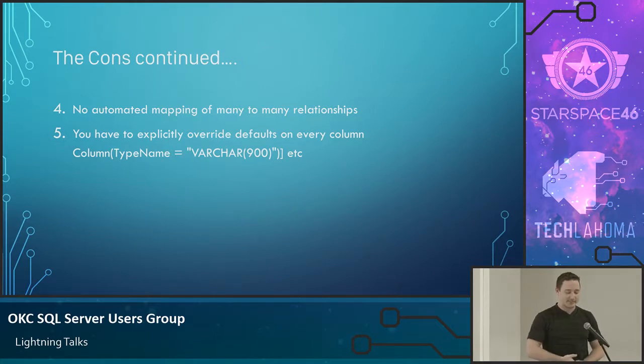You have to explicitly override defaults on every column if you have different defaults. For some of you, it may not be a big deal, but for others that have particular coding rules from your organization where they require certain defaults, this can be a pain. Previously, you could set these after the fact in your getters and setters, whatever it may be. Now you have to declare them per column name. You don't have a choice. That's what you get to work with. So once again, it abstracts a lot of the things that you would like to have abstracted, and some of the things you would like to have abstracted aren't abstracted. But as somebody who's lazy,